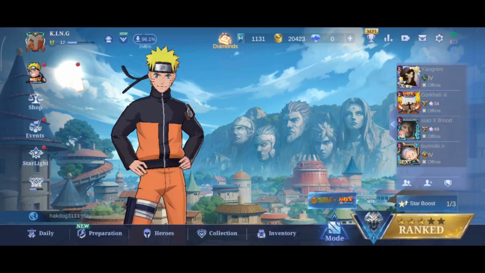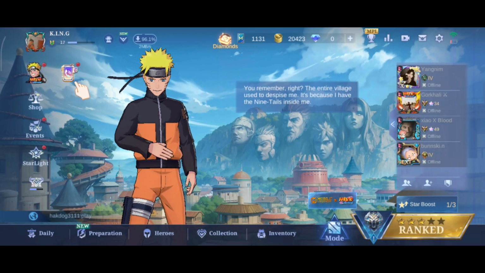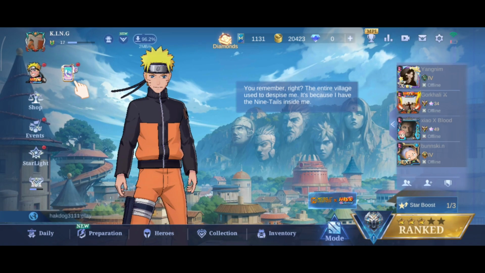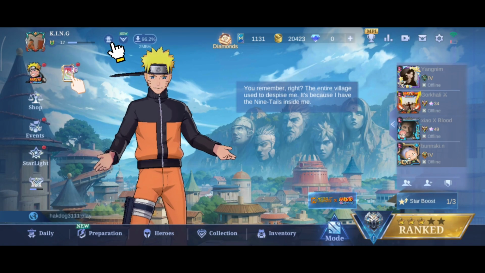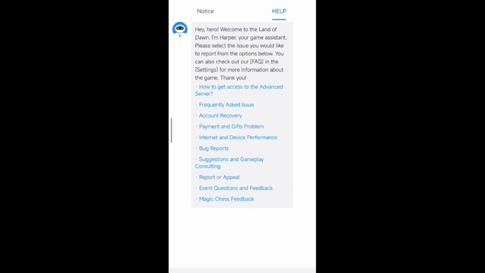Now, first up, what you need to do is simply open up your Mobile Legends game, and once you're there, make sure you are on the main menu like this. Now, once you're under the main menu, on the top left, you can see this small headset icon that should be on the right side of your profile right here. Just simply select it. Now, once you've done that, an external Mobile Legends browser should open, which should direct